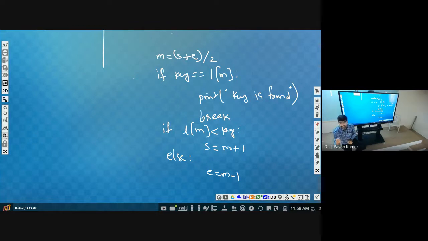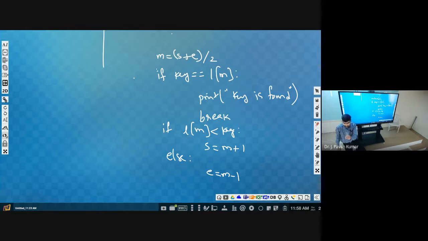Start is greater than end, we have to stop. So as we don't know how many times we have to repeat the loop, we cannot use a for loop. What can we use? A while loop. We have discussed this, right? A while loop is called an event control loop.